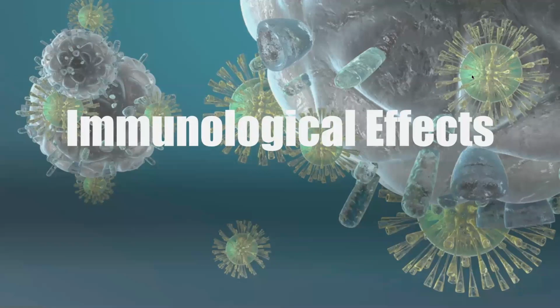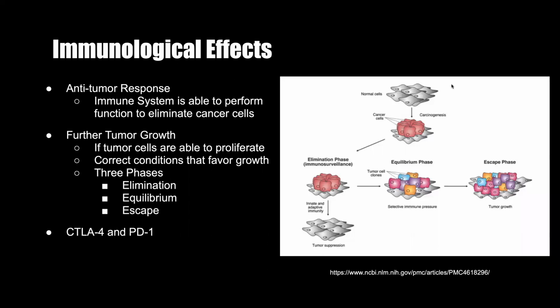Some immunological effects we can see from lung cancer: if the immune response is functioning as it should, it performs anti-tumor responses that allow it to eliminate the cancer cells. But at times it's not able to completely eliminate all cancer cells, and further tumor growth can happen. Either the tumor cells are able to proliferate without any restriction, or under the correct conditions, it can favor tumor growth. In a study on NSCLC, there are 3 phases: elimination, equilibrium, and escape,